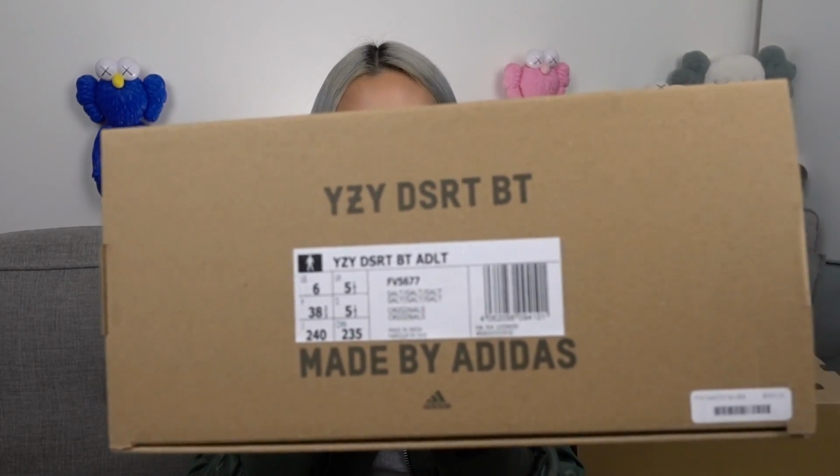the sizing information. And for these ones, I highly recommend sizing up. They do fit very snug. This is actually my true to size, and it's way too small. So I would say definitely go at least half a size up or even 1 full size up, because I tried this in a size 7 and I think that fits me much better. But what I have in hand at the moment is a size 6, so yeah, definitely size up for these